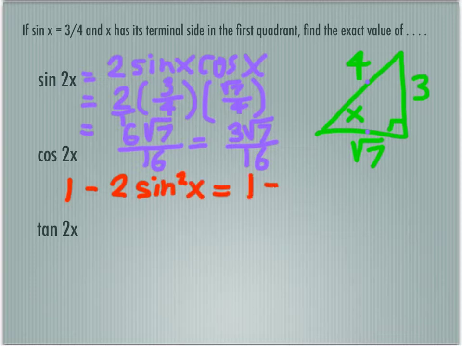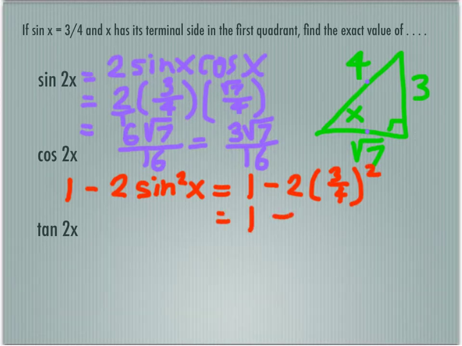So in this case, it's going to be 1 minus 2 times the sine, which is 3/4, but I have to square that. So this will be 1 minus, doing the squaring first, 9/16. And 2 times 9 is